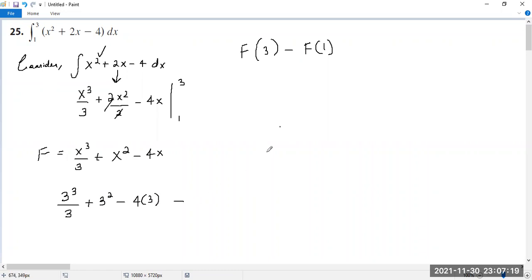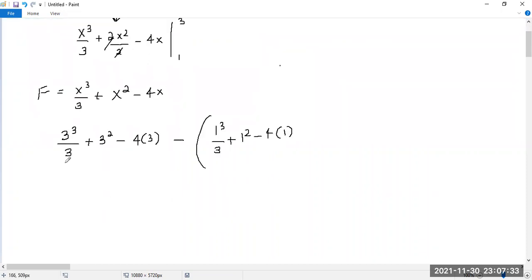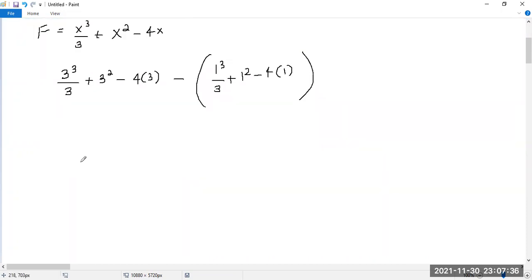And then we're going to subtract the same thing, except we're now going to have to plug in 1. And so this would essentially be 27 divided by 3 plus 9 minus 12 minus 1 over 3 plus 1 minus 4,